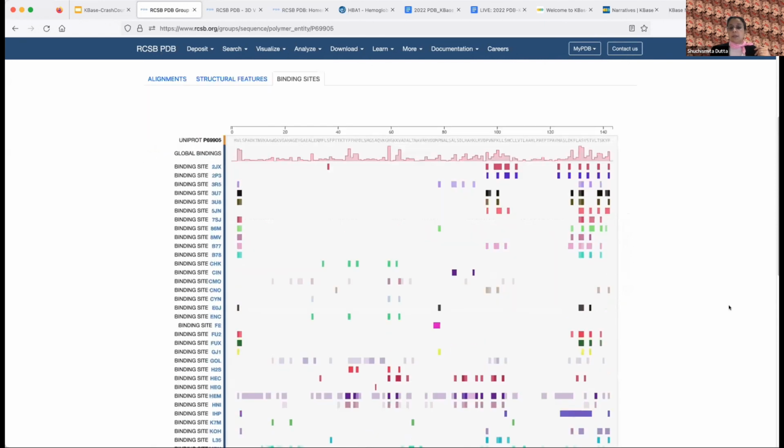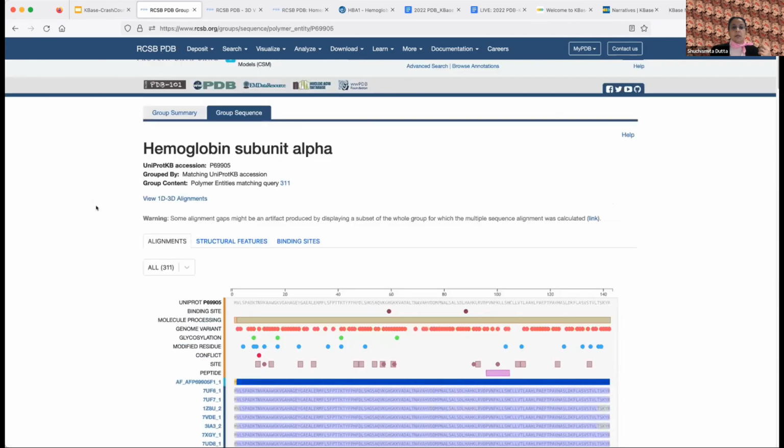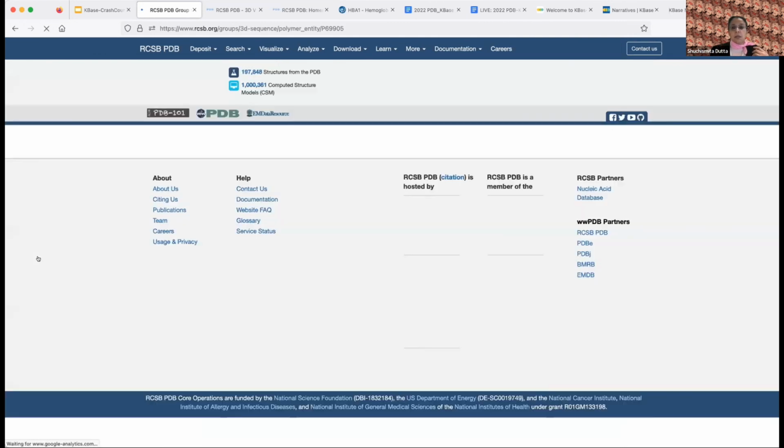Binding site, this tells you some interesting things about where all these different ligands interact. Some of these ligands interact with this region, some of these ligands interact with this region. And of course, we are showing a linear presentation, but actually this is a 3D structure. So to truly appreciate this, what we can do is open that 1D, 3D alignment. And so if I click on this,